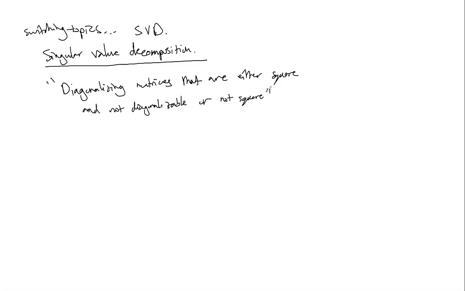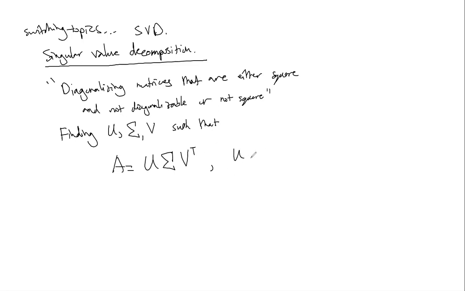So it's covering all the matrices that were not diagonalizable by doing a very similar thing. What it's doing is finding U, sigma and V, such that A equals U sigma V transpose,